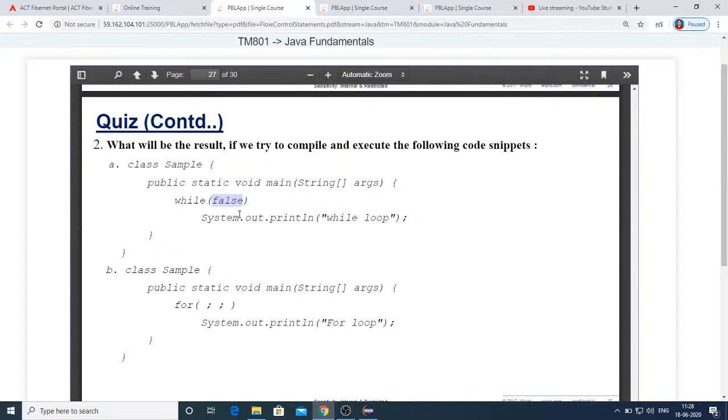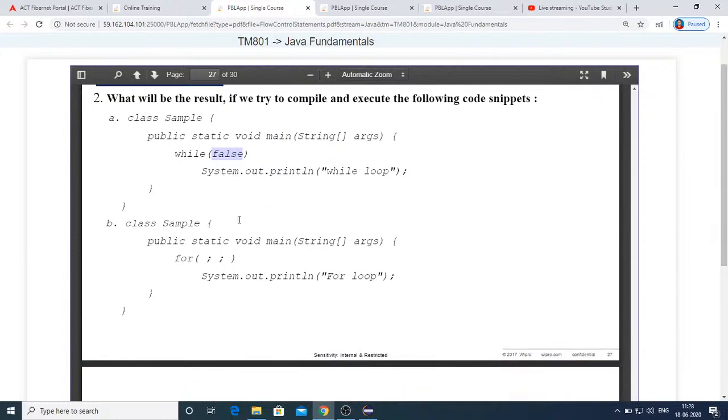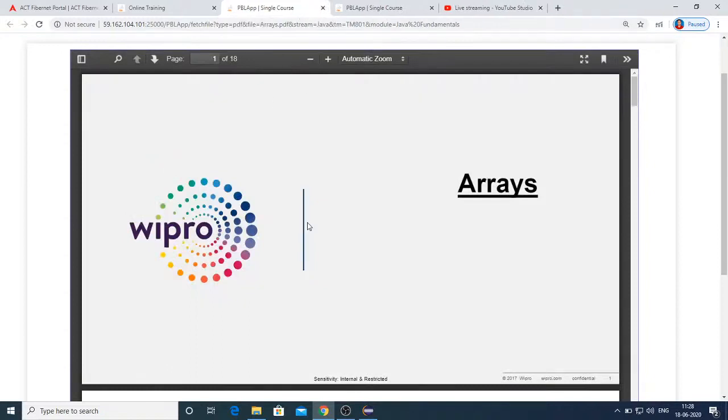You can never directly check for the condition false, because when you directly write the condition as false, you know that condition can never be satisfied, so why have you written the subsequent block? That's the reason unreachable code is an error. So just try that, you will get the error. So this is about the control flow statements. And next you have the arrays.